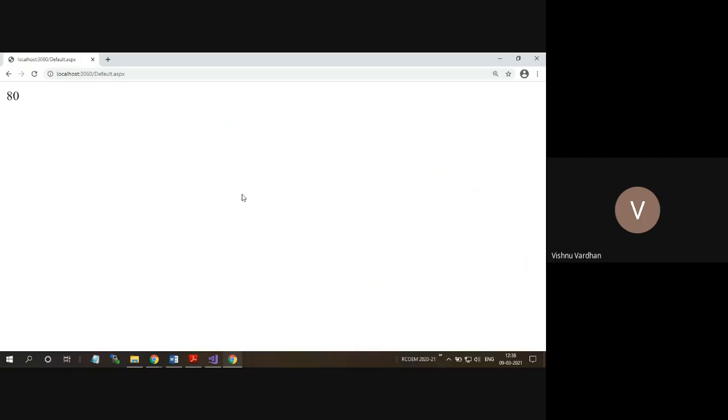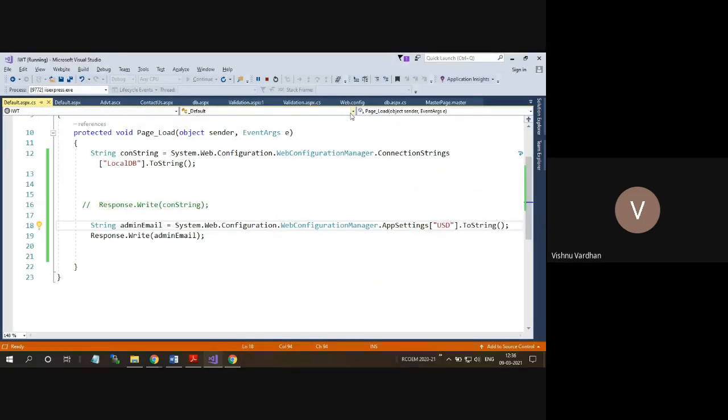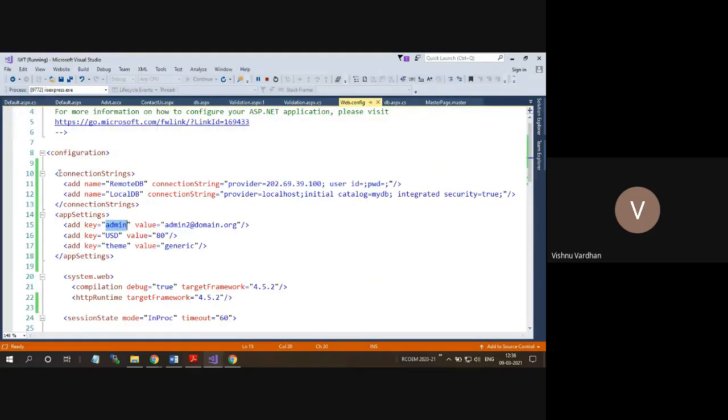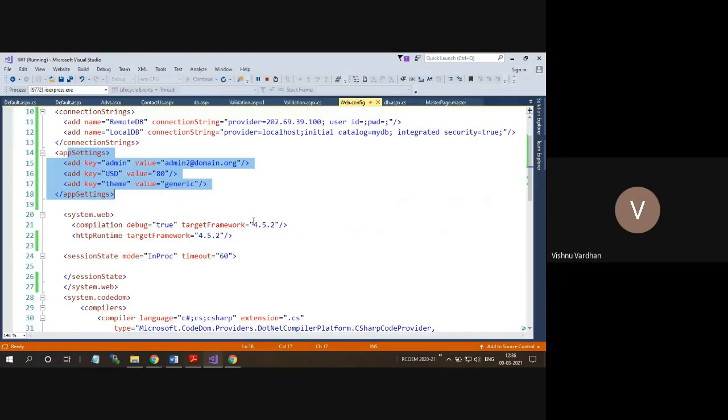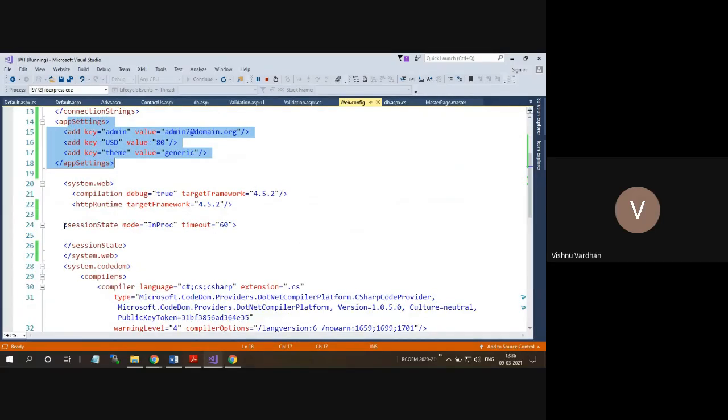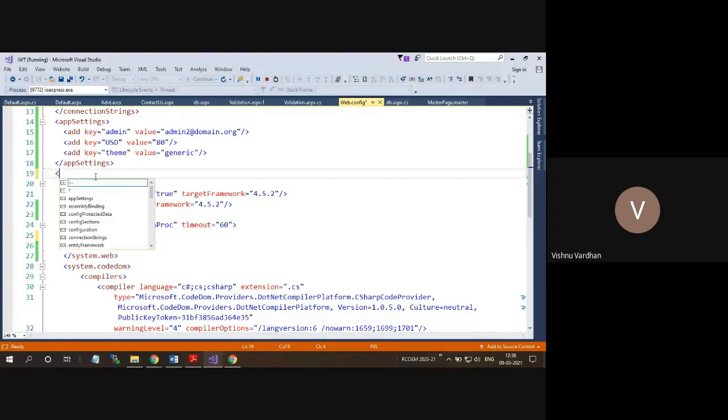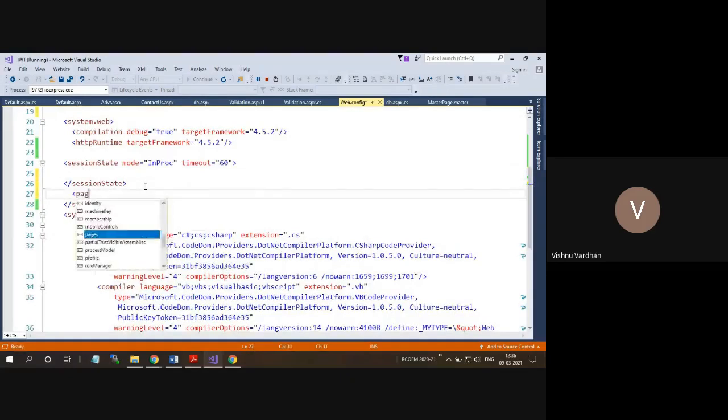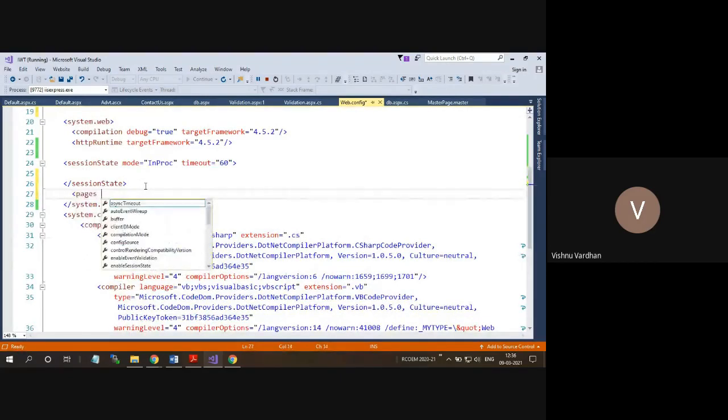Okay, so this is how we can use the web.config files, and not only to use these connection settings and app settings, like we have discussed previously, you can put the settings for the timeout, and you can put some page related settings also. So these are the pages, and whether they can be buffered or not, all these we can apply on this.